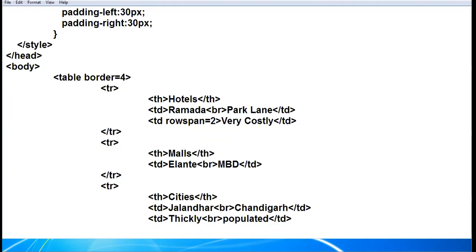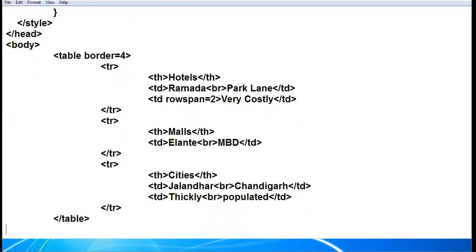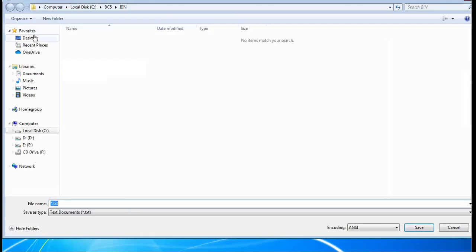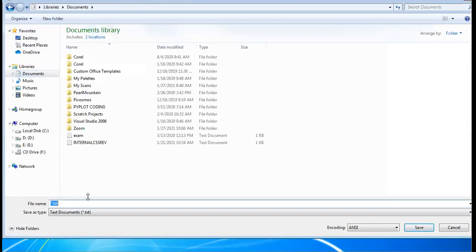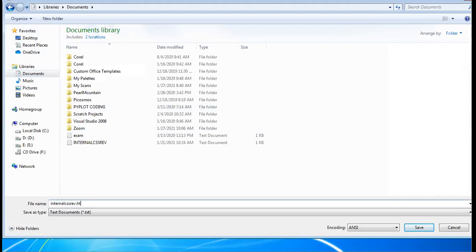And finally, I close the TR. Now my table will close. Here I close the body tag, and here I finally close the HTML tag. Am I clear? Internal CSS revision .html.